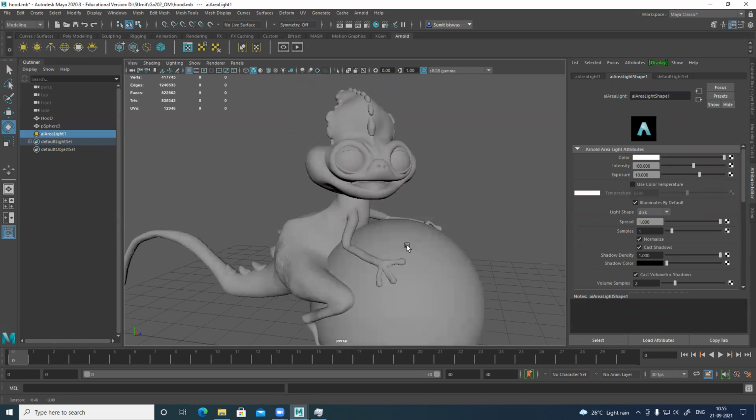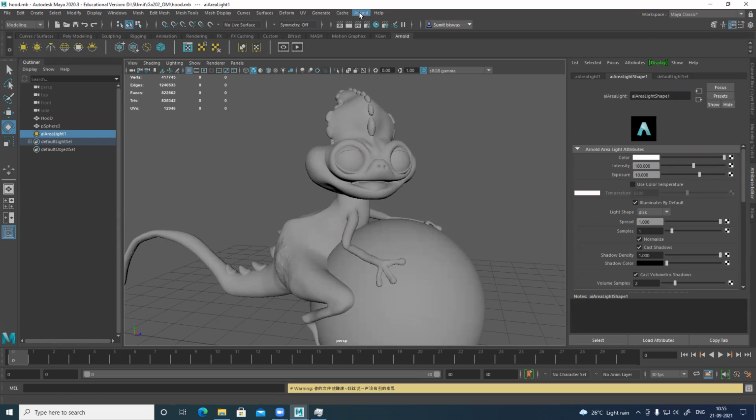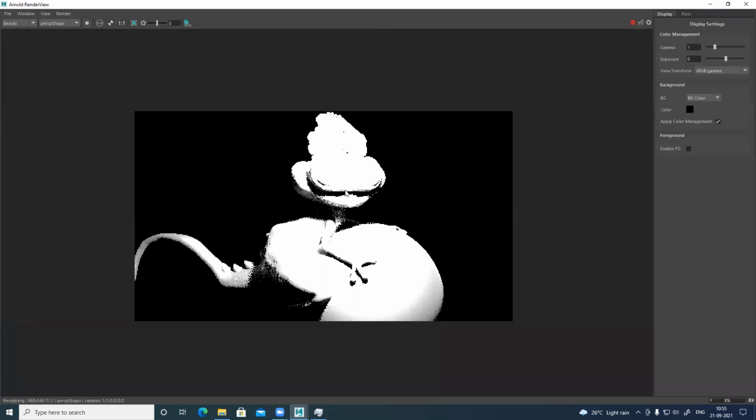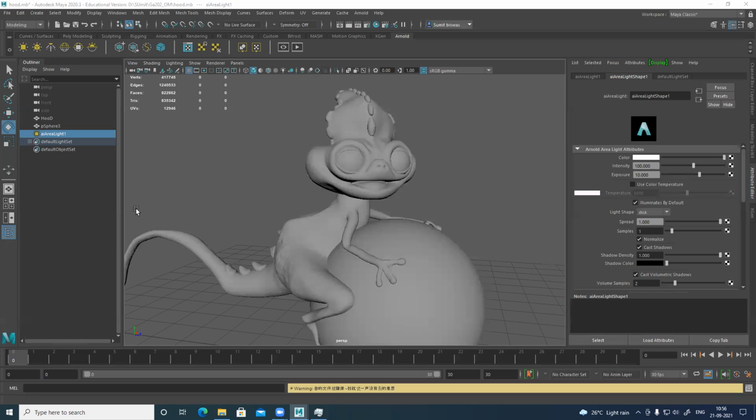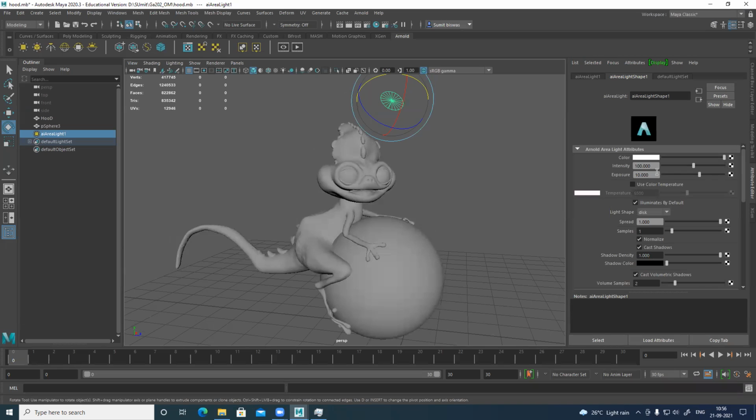Let's render it out. Let's save my file. Arnold render. You can see outside also I have these options. For a faster preview, I use this one. Click on this. So I can see everything. The light is working for me, but there's no color. That means I have some issue. And by default, this thing kind of looks fine. Light is way too strong.